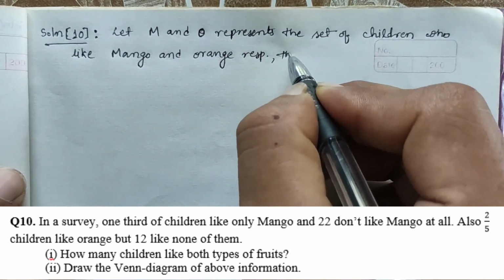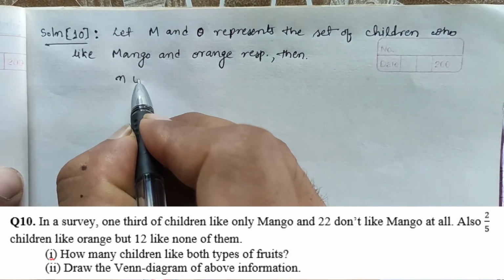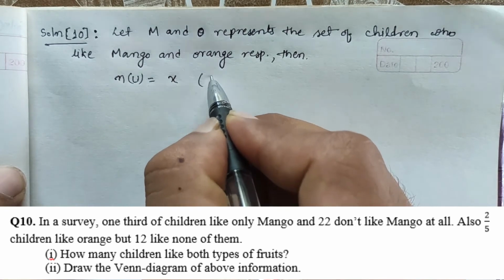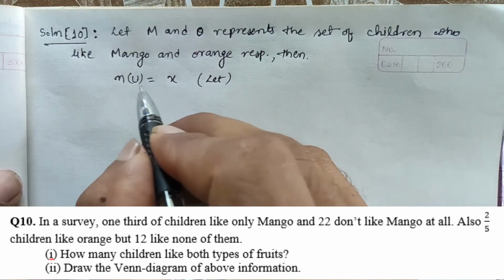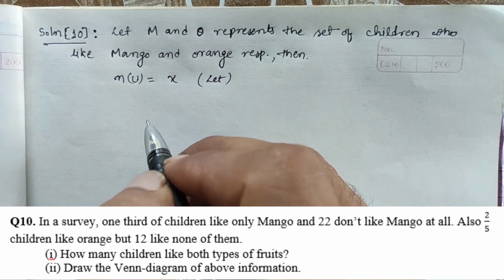Then what? n(U) is not given. The total part, let it be x, or you can write 'let' here. In this way you can also write, because we don't know the U part, so we will write it x. And